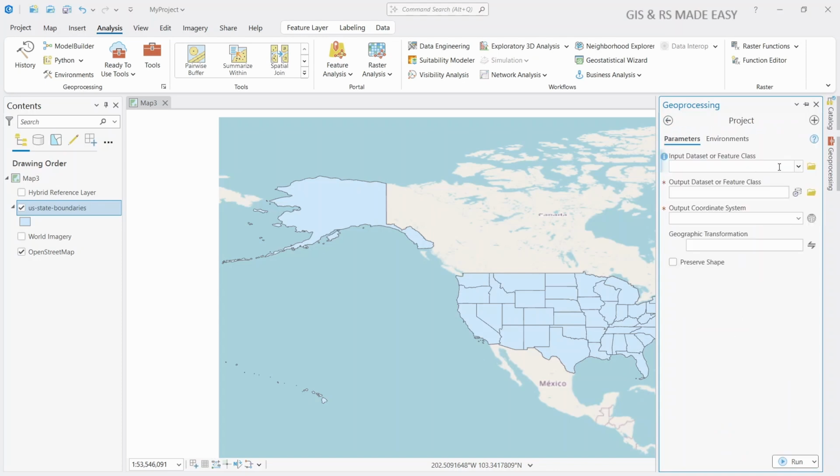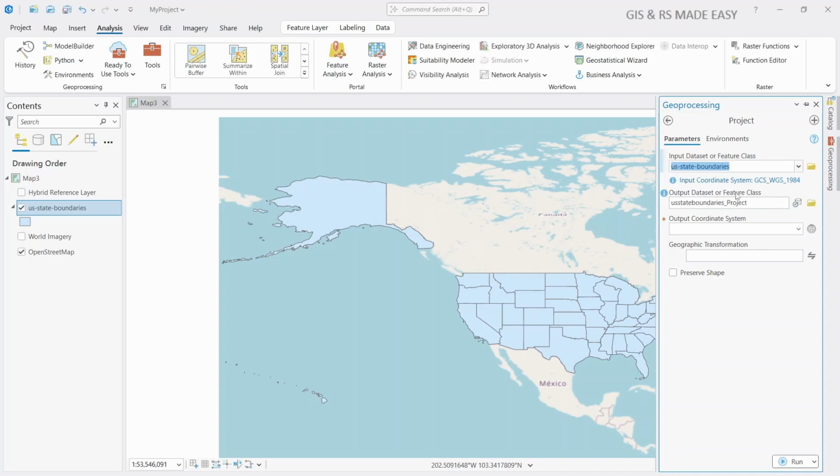Now in Input Dataset Feature class we will provide our layer, and here you can change the output dataset location and name. We will use the default one. And output coordinate system, we can select a coordinate system from here if we have any coordinate system in our layers, and if we want to select a new coordinate system that is not in our layers, then we need to select this one,